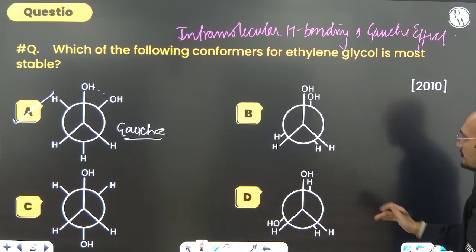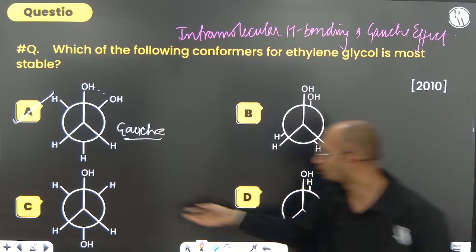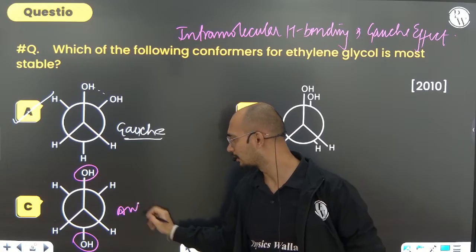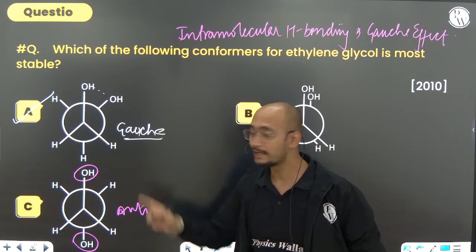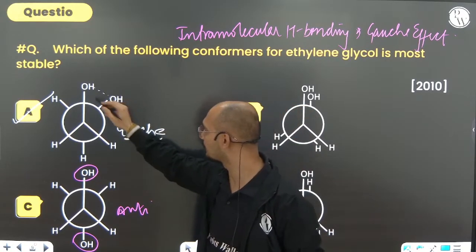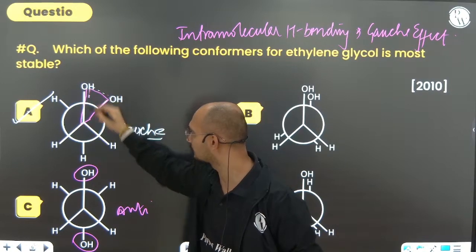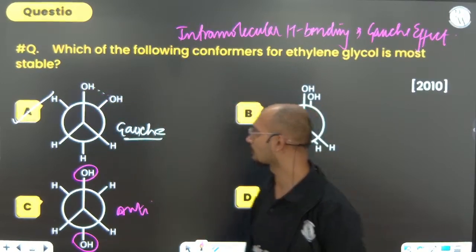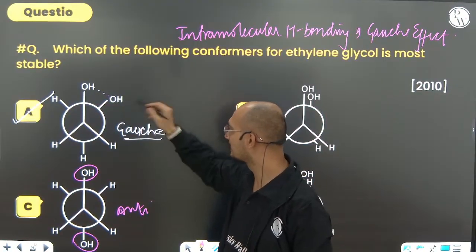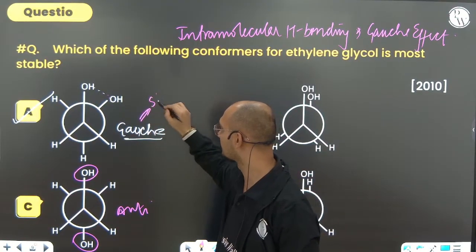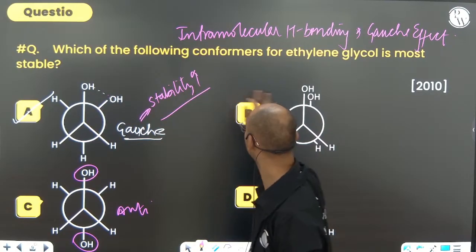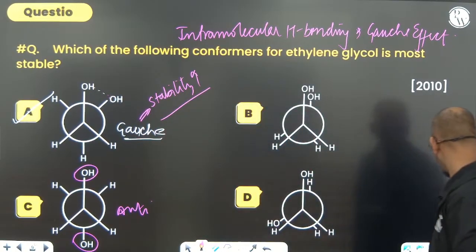I hope you all can see that. Now you will say, sir, why is OH here at the maximum distance, so it is anti, it should be more stable? But no, wherever there is hydrogen bonding, due to the presence of hydrogen bonding, can you see that there is going to be a ring formation? Because of this, its stability is maximum here. Stability is maximum. Can you see? Any doubt? No doubt. आइए आगे बढ़िए.